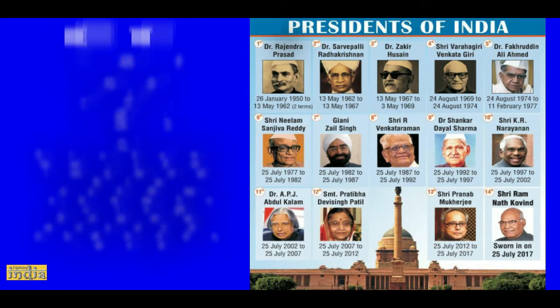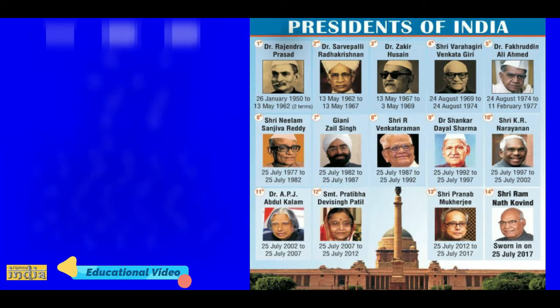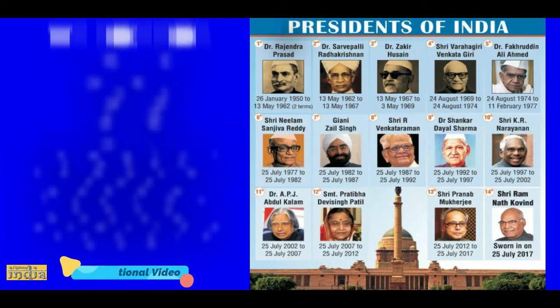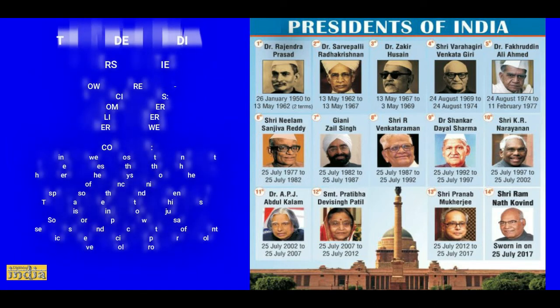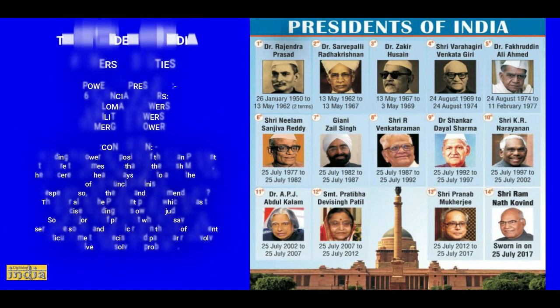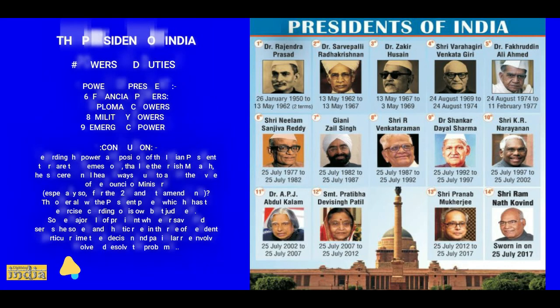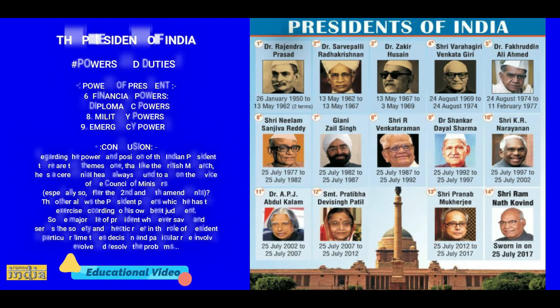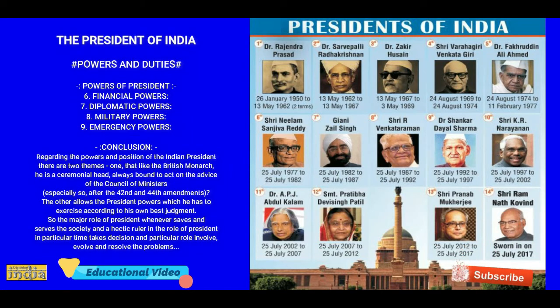The President is responsible for making a wide variety of appointments. These include the Chief Justice, other judges of the Supreme Court and High Courts of India, the Chief Minister of the National Capital Territory of Delhi, the Attorney General, the Controller and Auditor General, the Chief Election Commissioner and other election commissioners, the Chairman and other members of the Union Public Service Commission, the Vice Chancellor of the Central University and academic staff of the Central University through his nominee, and ambassadors and high commissioners to other countries.